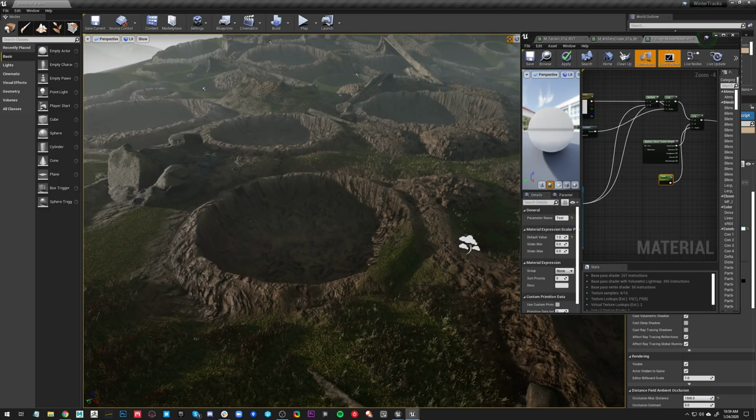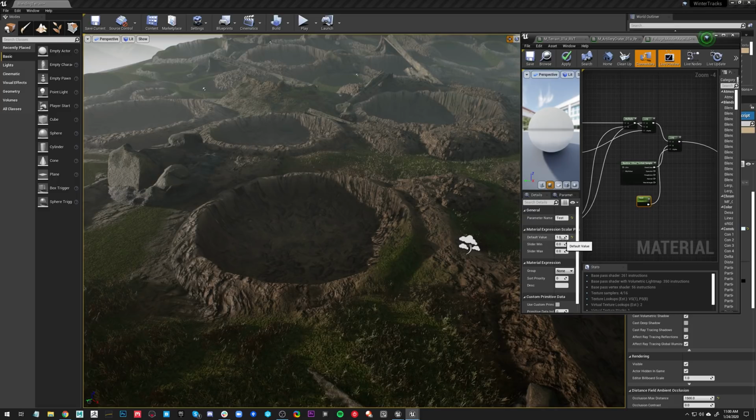If you're just doing personal work and you don't need to optimize for real-time work, literally just throw it in there and crank everything up as much as you can. There's no reason not to, unless you hate working slowly, but there's ways to get around that. I find it very helpful to lay down foliage, and then when I put too much of it down and need to focus on one spot, like painting terrain or sculpting it, I will hide the foliage layer and get all that frame rate back, and then unhide the foliage right after I'm done. It also helps to use unlit mode by pressing Alt-3 in the editor. That can gain you 20, 30, sometimes 60 frames per second just by taking away all of the post-processing that the engine uses.